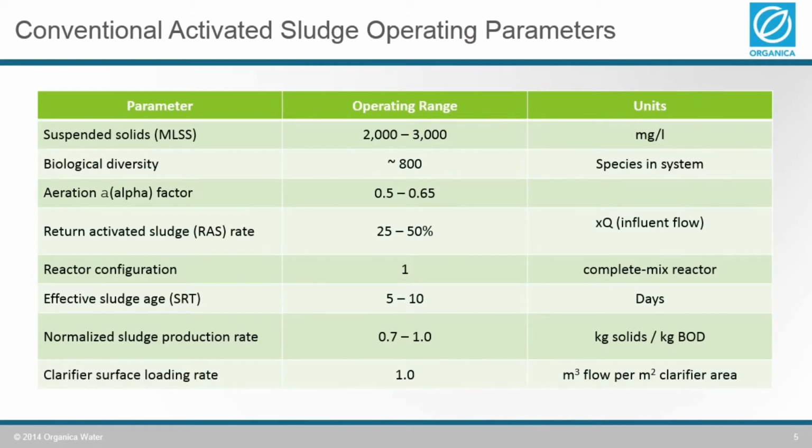0.65. The RAS rate, again that's the recycled mixed liquor, is typically going to be 25 to 50% of the flow through the facility. Most of these are set up in complete mix reactors with a single reactor zone completely mixed and operated as sludge age or SRT of 5 to 10 days, and that'll become important as I talk a little bit about the FCR, resulting in a sludge production rate, and we'll talk about that comparison towards the